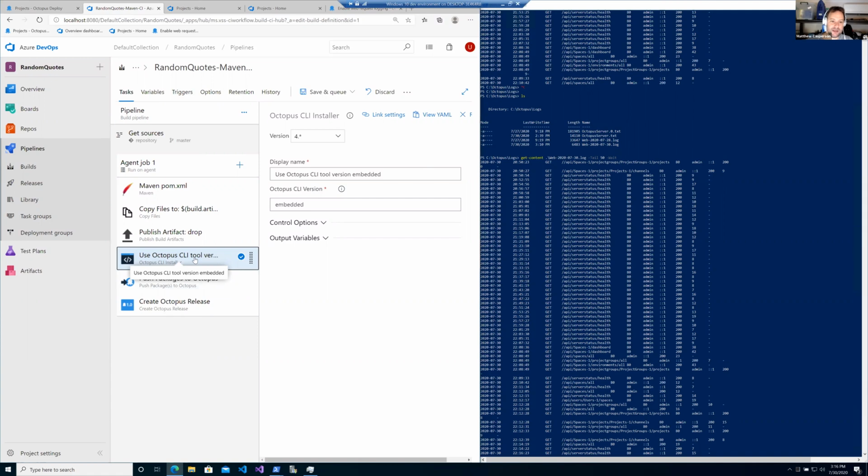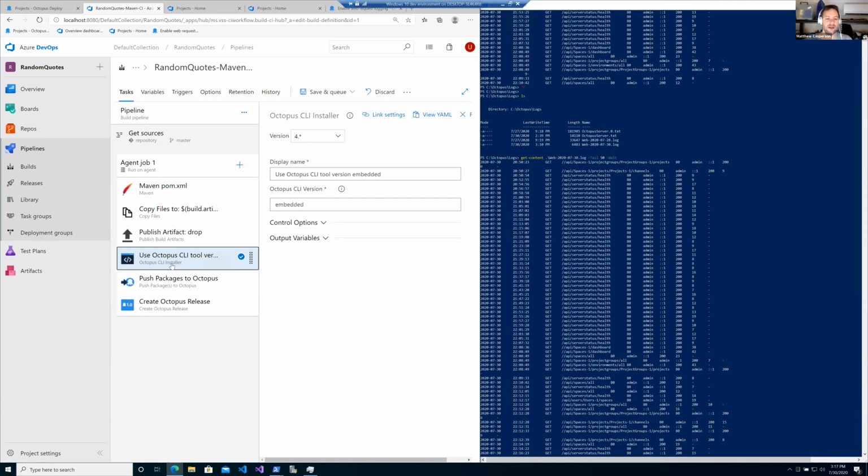And so that's updated whenever the plugin is updated, but it's not updated whenever the Octo CLI is updated. So there may be a delay between Octo CLI being released and a new version of the Azure plugin being released. And so this is a good get out of jail free kind of step to use before any others, but you just have to be aware that it may fall back to a slightly older version, and that may be something that people need to be aware of if they're looking for a specific fix in a specific version